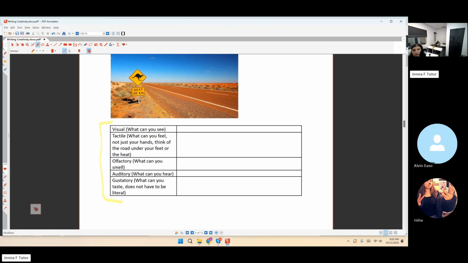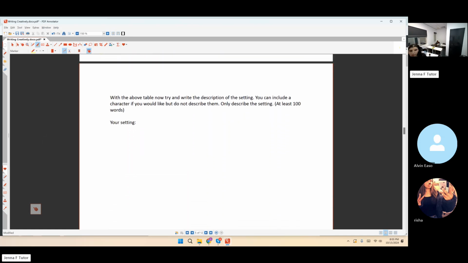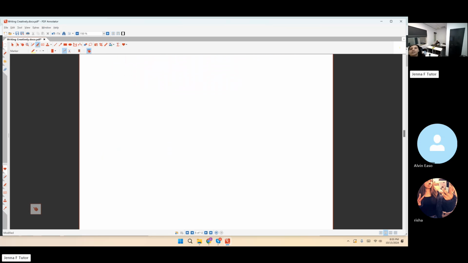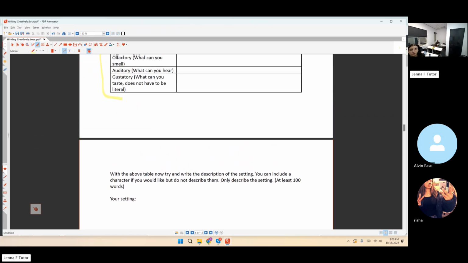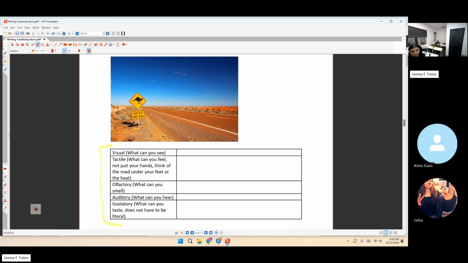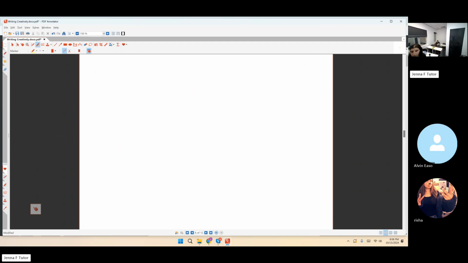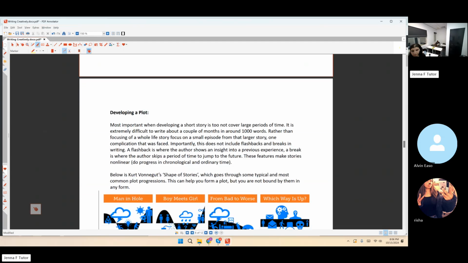Let's move on. What time are we at? 8:05. I'm going to set this for homework. So for homework, kind of the same thing with what we did with Lily. We're now at least 100 words. You can go up to however many you want. I want you now to describe the setting using the sensory imagery you've used above. So make sure you have all 5 senses. If I go through and there's not all 5 senses, I'm going to add a comment, like, put that in. So just keep that in mind. And then we're going to go through the rest of the doc, which is mainly filled with little tips and pointers on developing a plot.